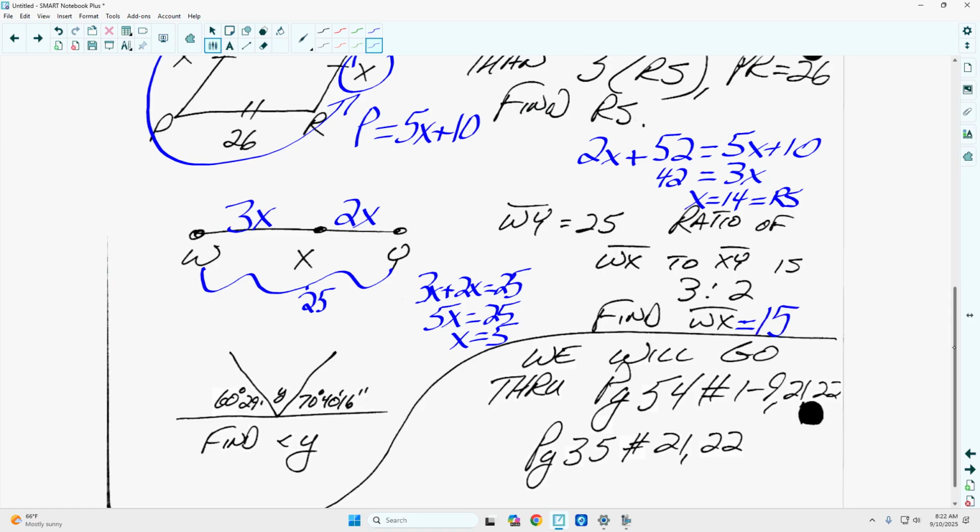Yay. Ooh, let's do this one. This is a great one. Find angle Y. Well, you know that this is 180, yeah? Okay, so if we know that that's 180, then that means that I can just add those two together and subtract from 180. Okay, let's do it. So I'm going to do 70, 40, 16. 70, 40, 16. But I'm going to add on 60,